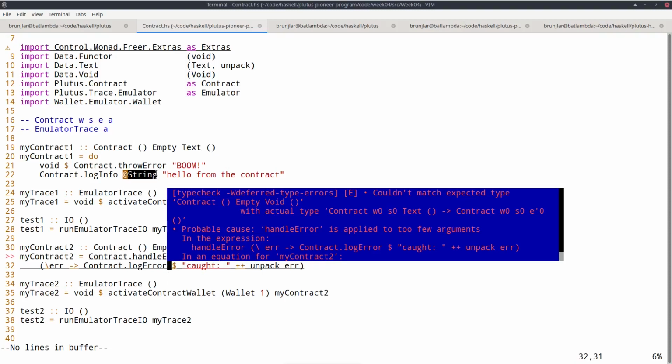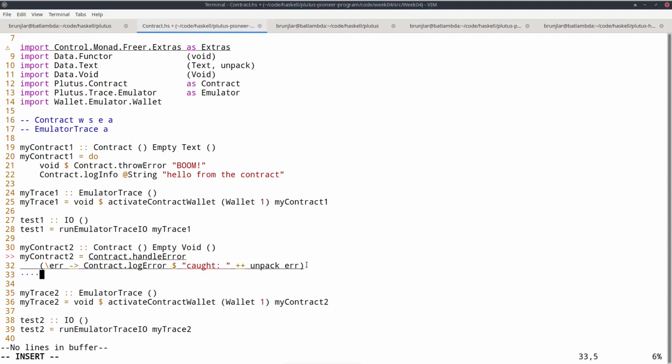Here I had to tell the compiler that this literal is a string and not text or byte string. Here, the compiler can deduce that automatically because of this unpack. So it knows unpack is of type string, so this here must also be of type string, otherwise I couldn't concatenate the two. So it knows I'm invoking log error at type string.